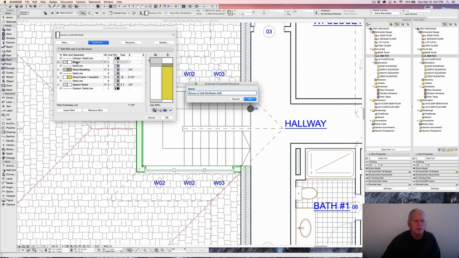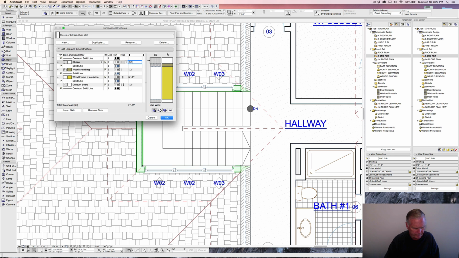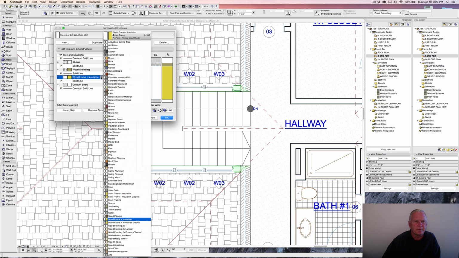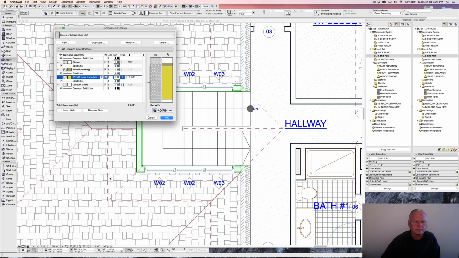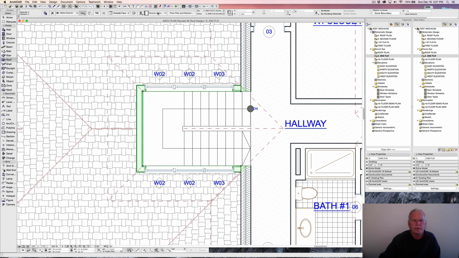and then we'll look at stucco, not an inch there, say OK, and look at stucco here, and that's really 7/8. There's a 3-coat system. Wood sheathing, probably 1/2 inch. I'd say that's correct. Wood frame and insulation, that is, except we want that insulation to show up, so we need to select the one that says insulation graphic. And then 1/2 inch gypsum board, and that's correct. So we'll say OK, and now we will go up here and change this to the JCA one, and we've